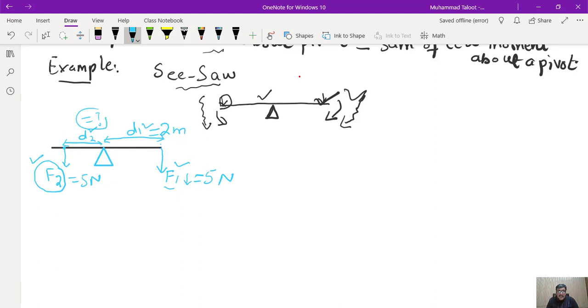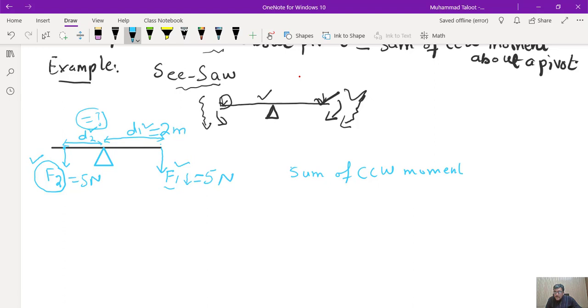indicate that we have to apply this force at this much distance, then it is possible that this seesaw will become in an equilibrium state. So let's see what the principle is, apply the principle of moments. We said that the sum of clockwise moments, or you can say counterclockwise moments,